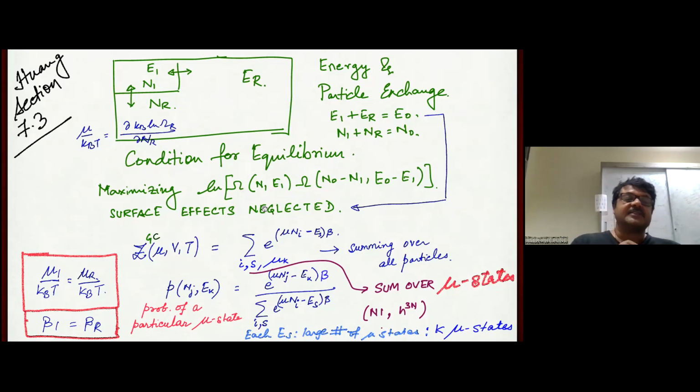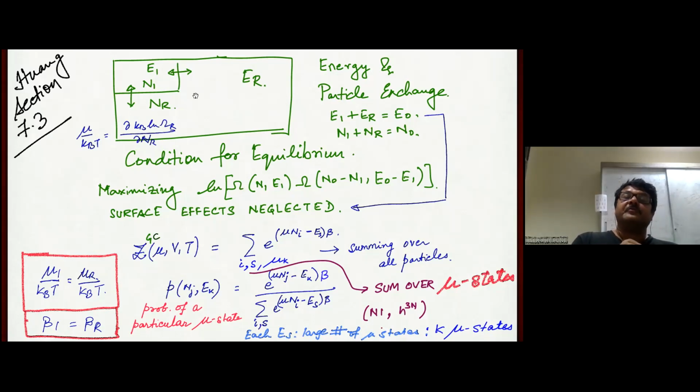So that gave us a condition that the temperature of this and this have to be the same. Actually, it came out in terms of beta, and beta was interpreted later to be 1 by kBT. Similarly,